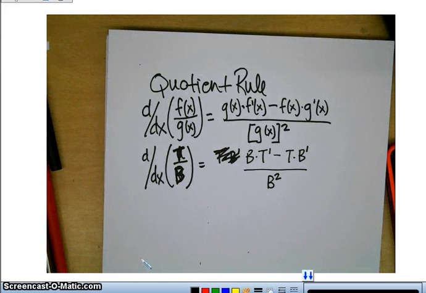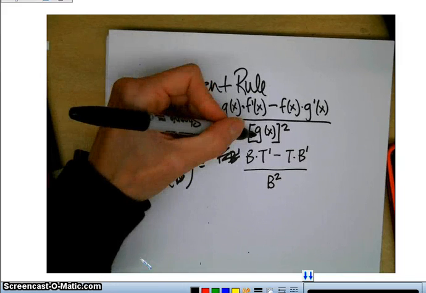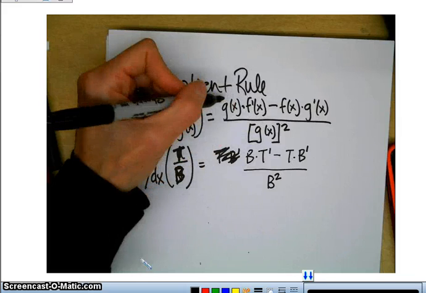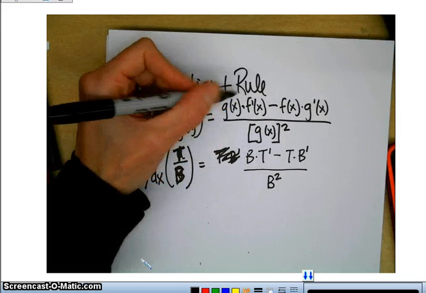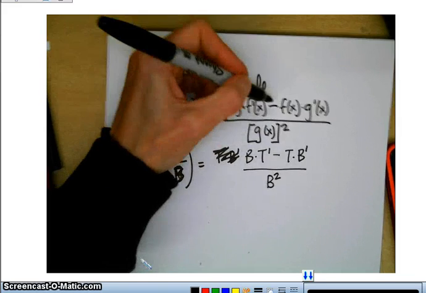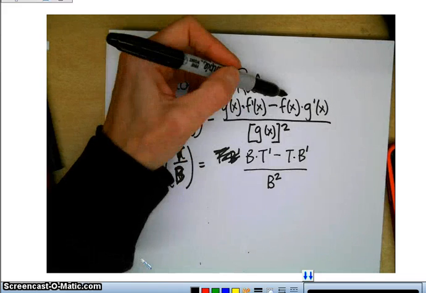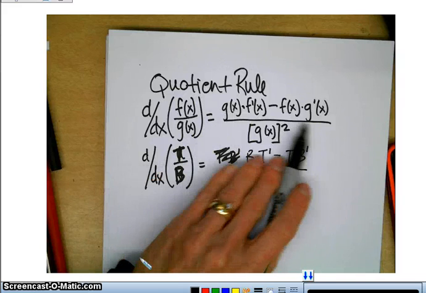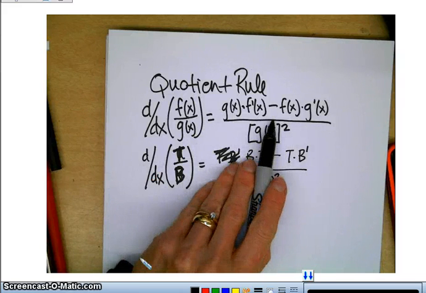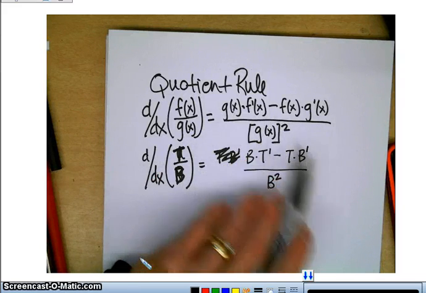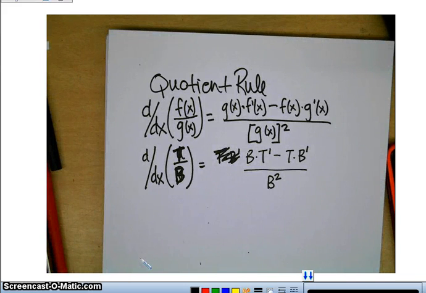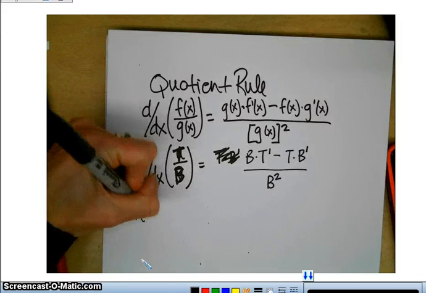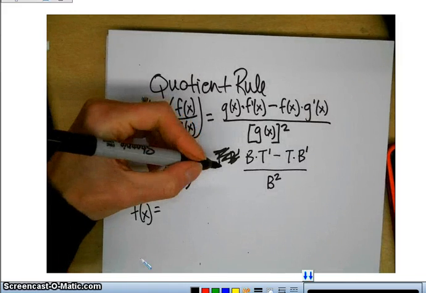So you always start on the bottom and end on the bottom. So bottom times the derivative of the top minus top times the derivative of the bottom over the bottom squared. And it is very important the order that you do it in here because of the minus. Otherwise you'll always get the reverse answers. So using the quotient rule, let's say I have f of x equals,